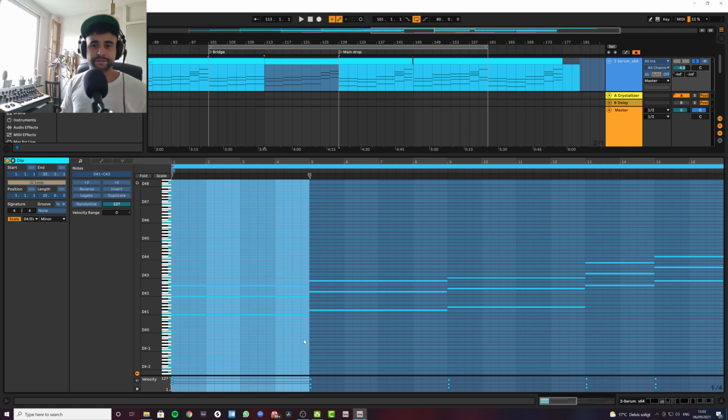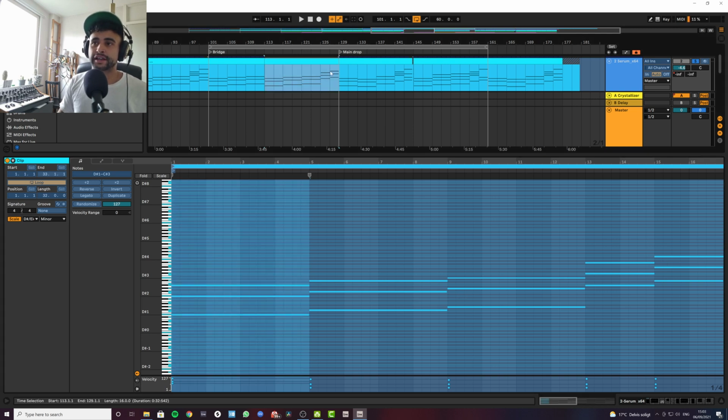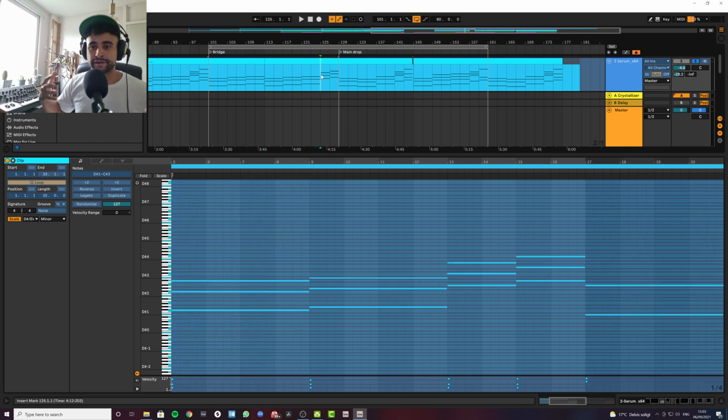So if you have music that has melodies in, if you make melodic house or whatever, then you will have melodies, and with that you can build them and build the tension. You can see here I'm just going up the ladder, working up the scale, getting higher and higher, and as you go higher and higher in the melody, it feels like you need to resolve, and then if you resolve down to, you know, your root note or something, you get a real nice sense of home, which is what I'm doing